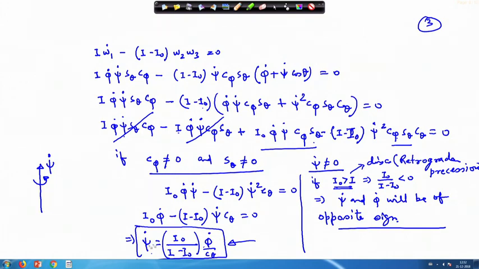Or phi dot, you can describe in terms of psi dot, whichever way you want. Okay. So, if this is psi dot, the sense of phi dot is not going to be the same. It must be clockwise, so this phi dot must be along this direction. That means it is something like this, the opposite way.